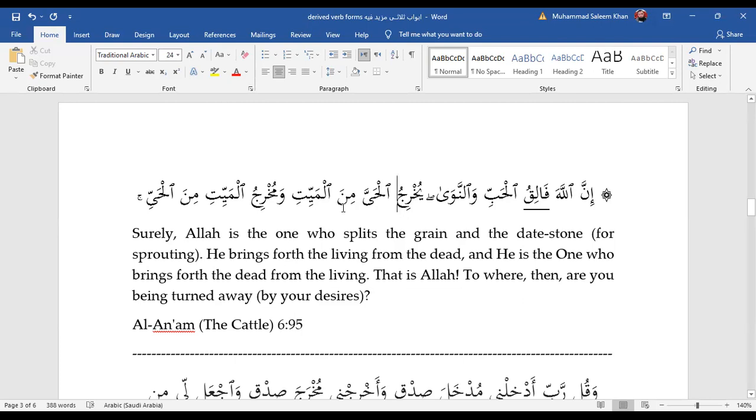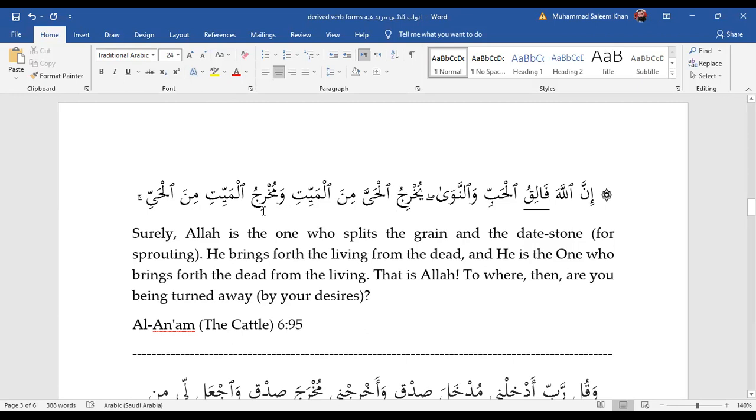يخرج الحي من الميت. What about من الميت? حرف جر, جار مجرور. Okay, excellent. So يخرج الحي من الميت is a complete sentence. يخرج is فعل plus فاعل, الحي is مفعول به, and من الميت is جار مجرور. So it's a complete sentence. One part of the sentence is finished. Wa is wa ma'tufa, and then